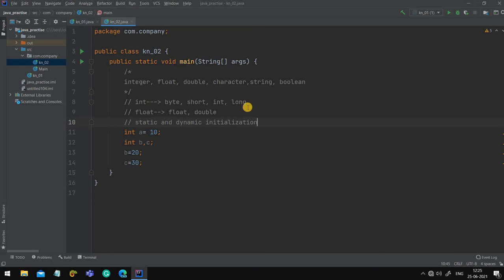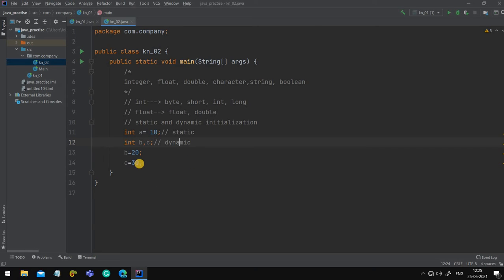This one is our static initialization, and this is our dynamic initialization. Static and dynamic.